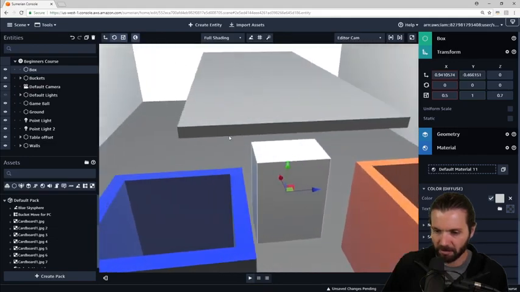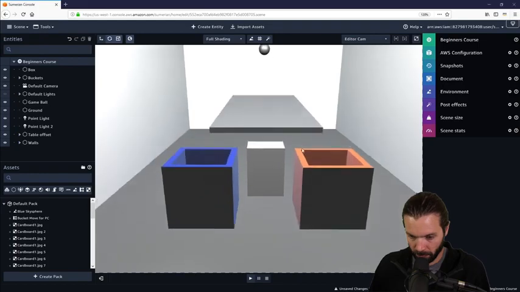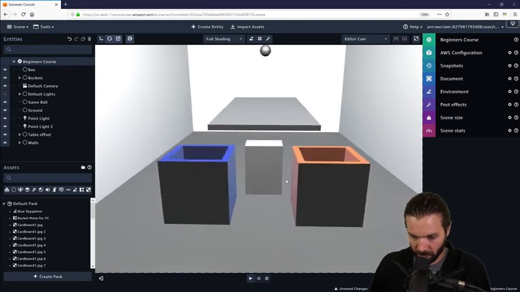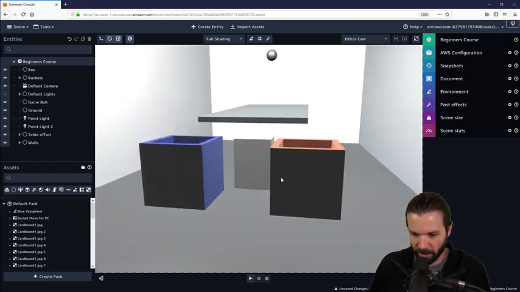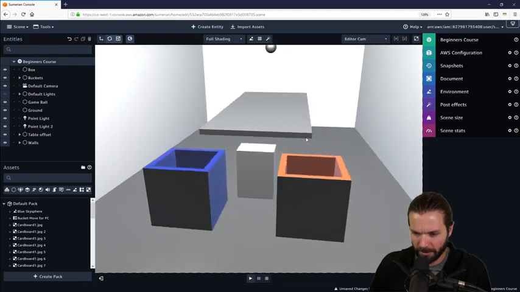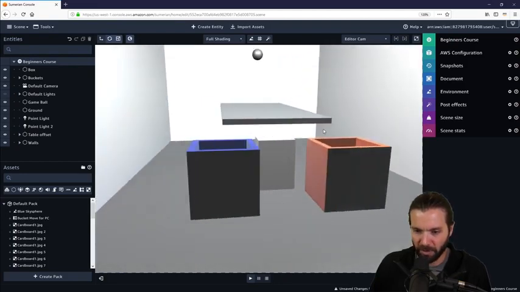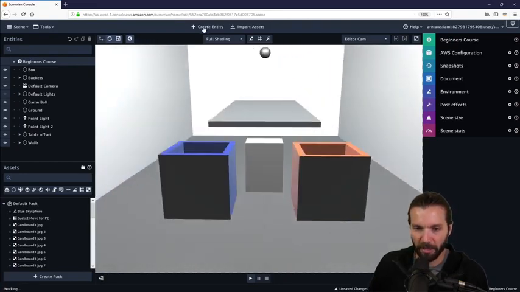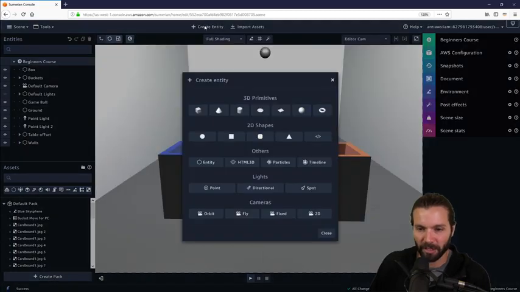Okay, I've got my box there, and that's really just going to be a holding spot for my start button. So I'll add a start button by clicking Create Entity again and adding a 2D shape,